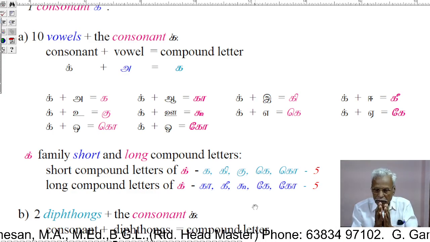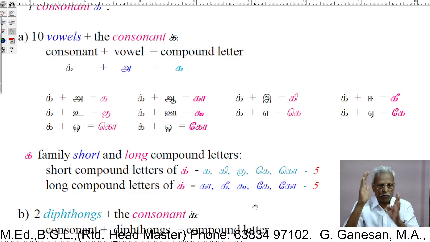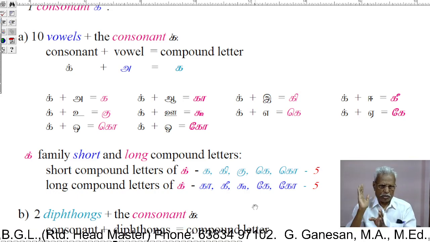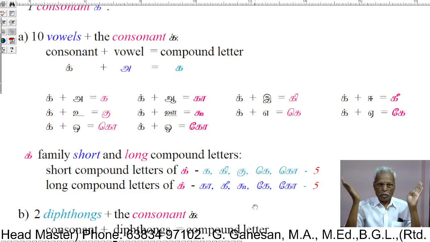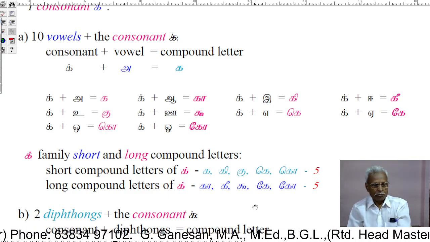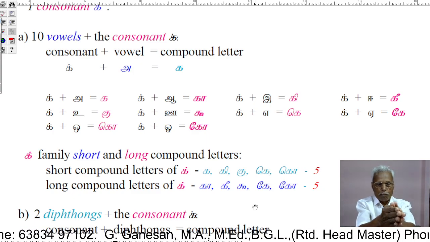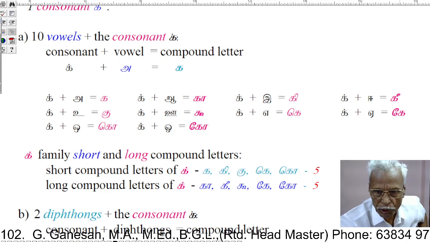This is the way of forming compound letters, compound phonemes. Letter means phoneme, compound phonemes. This is the way of forming compound phonemes, that is the consonant plus vowel forms a compound phoneme. Ik plus a, ka. You see,